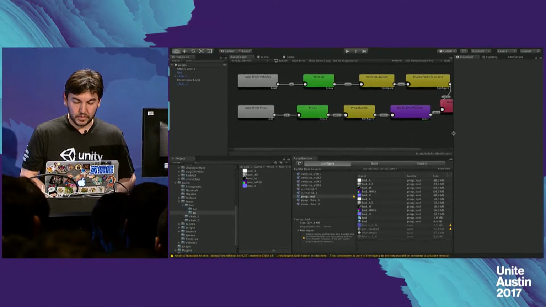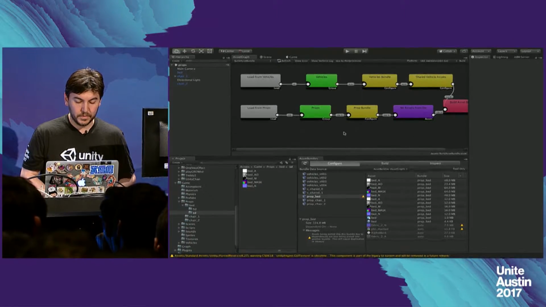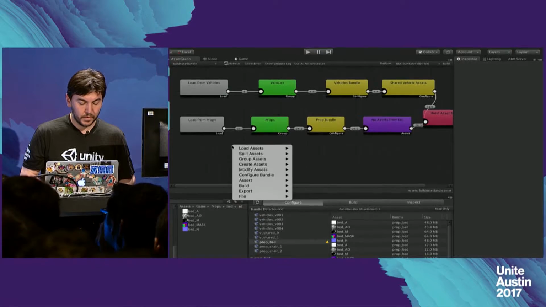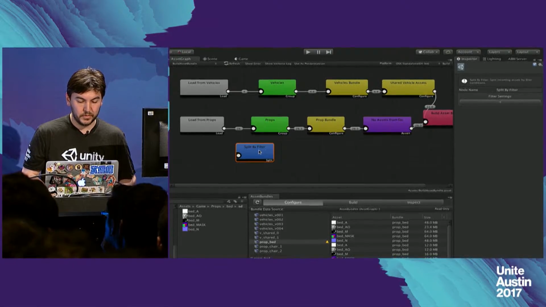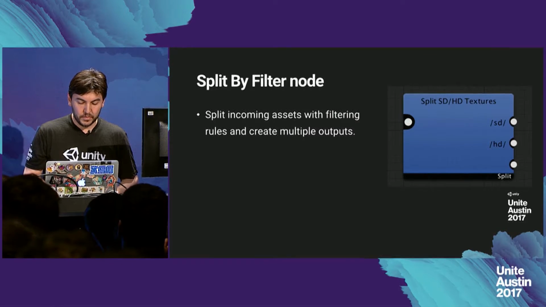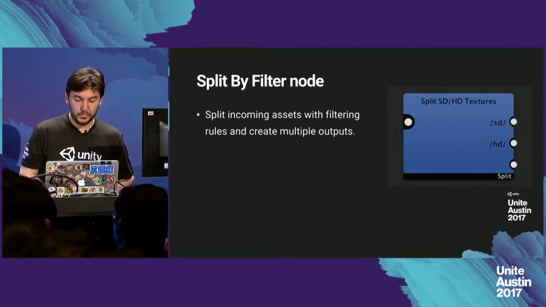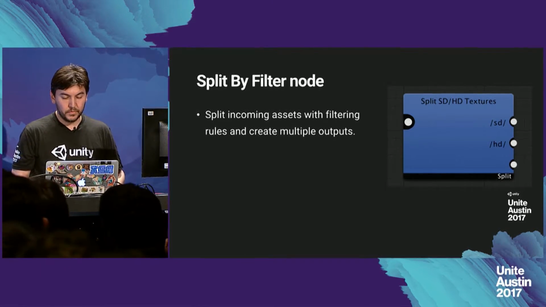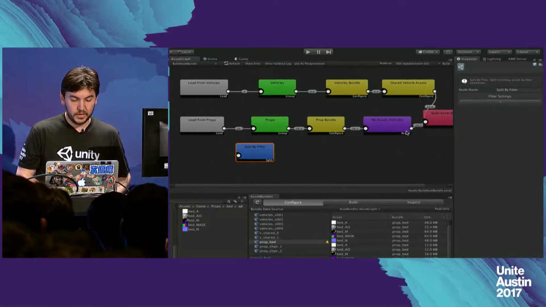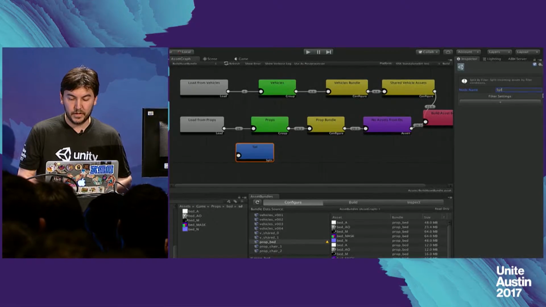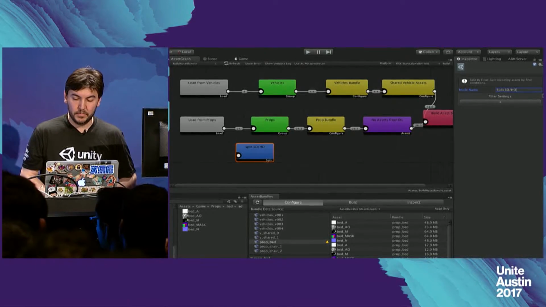So what I create here to fix this is a new node called the split by filter node. This is the node where you can configure the filtering rules, and then it splits the incoming assets and creates multiple outputs. This time, I want to split the assets for SD textures and HD textures and everything else. So let's name it SD HD